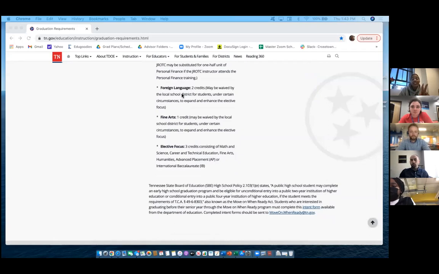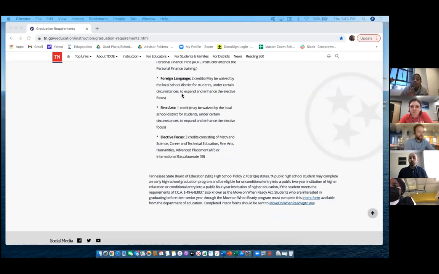It doesn't have to be consecutive, meaning if you take it freshman year and skip a year, that's fine. The only thing that's mandatory is that you take the same foreign language. You cannot mix and match. If you take Spanish 1, it has to be Spanish 2. If you take Russian 1, it has to be Russian 2. Okay, I think y'all get that. However, I recommend taking it consecutively. Take it freshman year and end it sophomore year, or vice versa: sophomore year, finish your junior year. I don't like to skip it because you might lose some of the knowledge, but it's completely up to you, right?